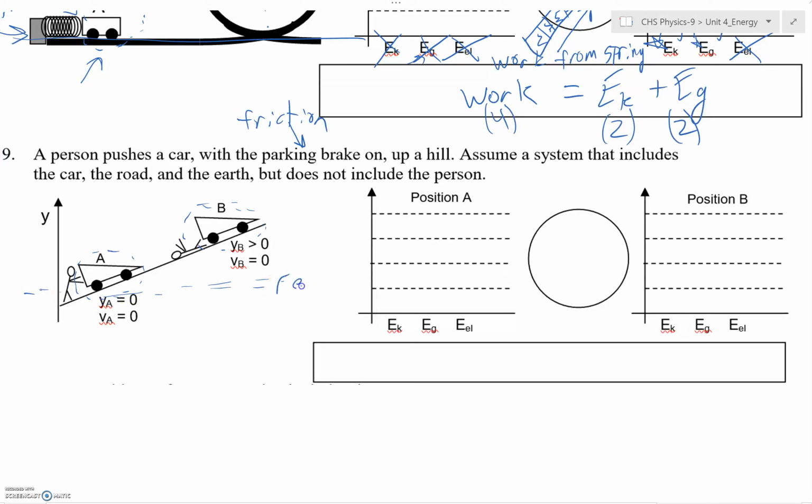so your reference point is going to be right here. VA, velocity at part A, is 0, so we're not moving here. And then over here it says y for part B, so we're some height above the reference point. The velocity equals 0, it's not moving. So go ahead, pause the video, see if you can do this one on your own.